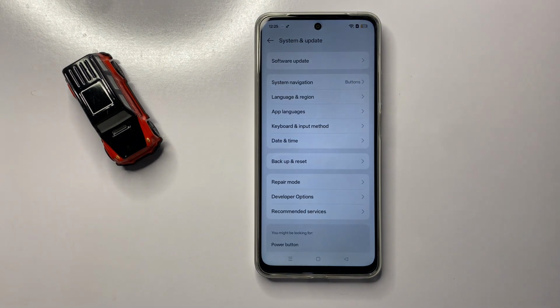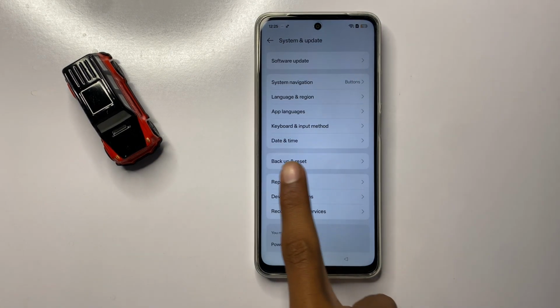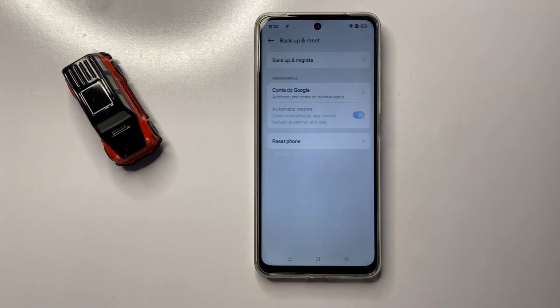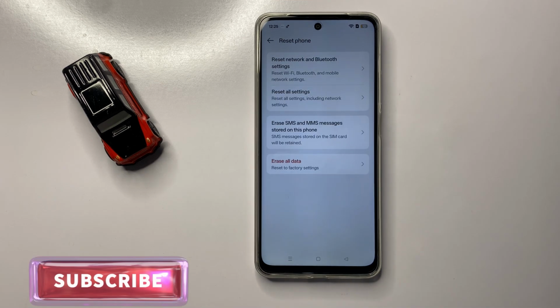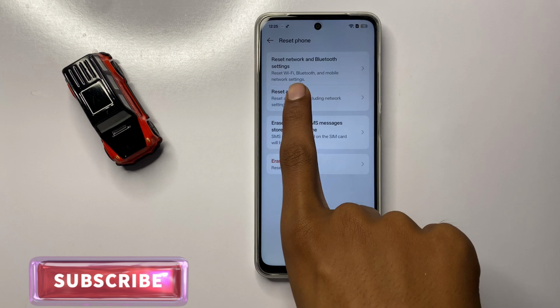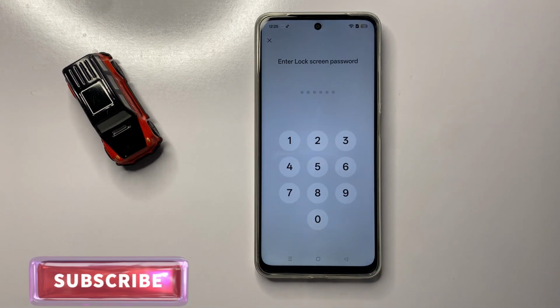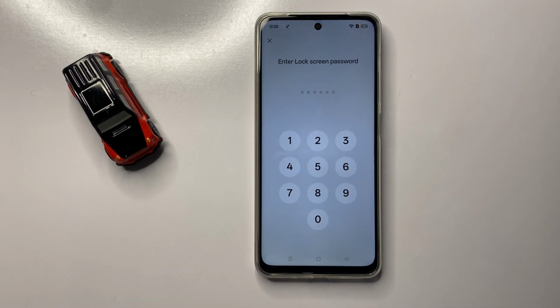After updating to the latest version, go back and click on Backup and reset, and then click on Reset phone. Now here you can see the option Reset all settings. Now click on it and enter your password to reset all your settings. Reset all settings means it will reset all the settings but never destroy any other data like photos, videos